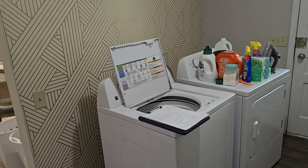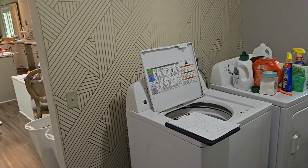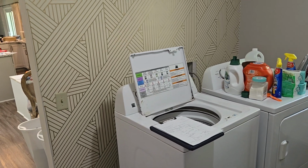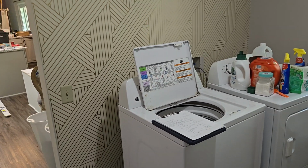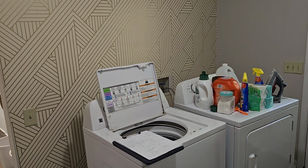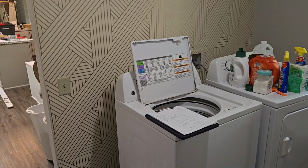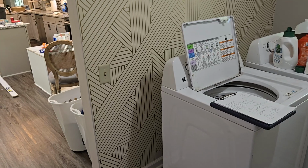So again, if you have a new washing machine already in mind, please do share those model numbers so we can make sure that we have the height correct on them. If not, as a design note, please do look up a couple of average sizes for the washing machines as far as the overall height, and let's go ahead and adhere to that height instead of the height of this current washing machine. Now, with that being said, we do want a sink being installed inside of this location,